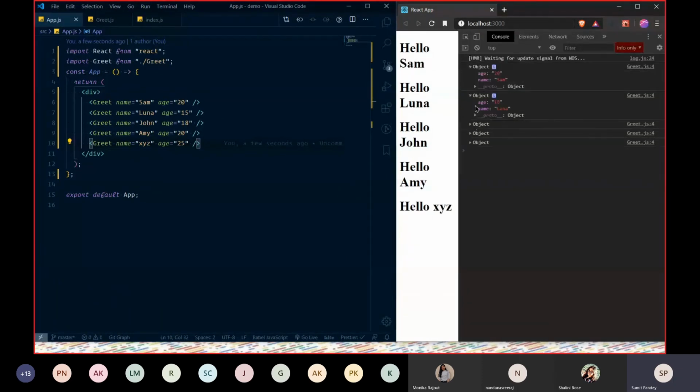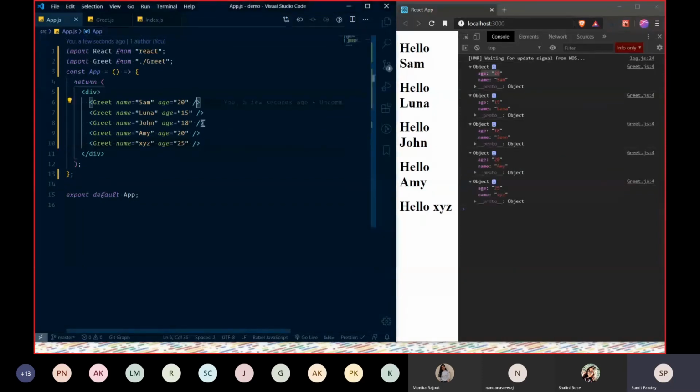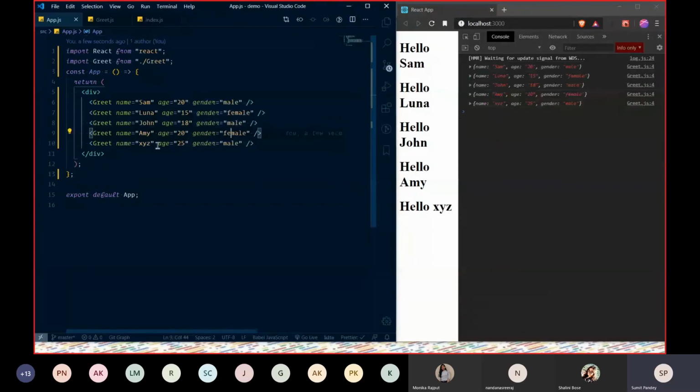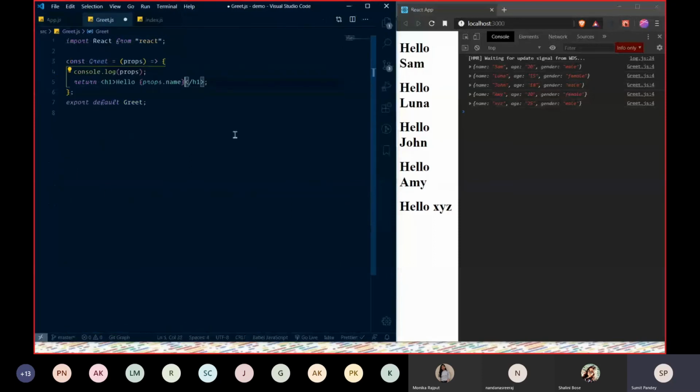You can also pass gender. So right here is male, Luna is female, and so on. So yeah, you can see gender as well. And now if I go ahead and zoom in,